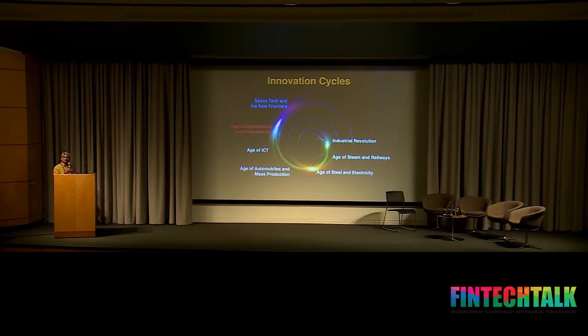which, with the invention by Bessemer of industrialized steel production in the 1850s, brought us to the age of steel and electricity, taking us all the way from the late 1800s to the early 1900s, around when Henry Ford most famously began the mass production of his Model T in about 1913, which led us to the age of the automobile and mass production and everything else in the next 30, 40 years,